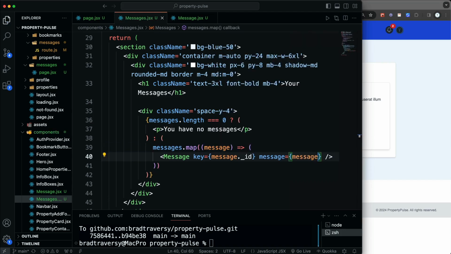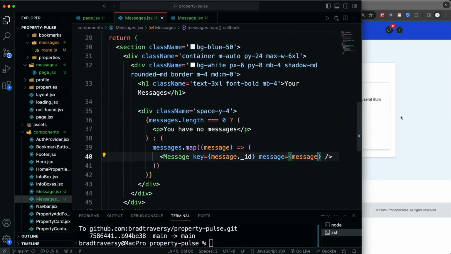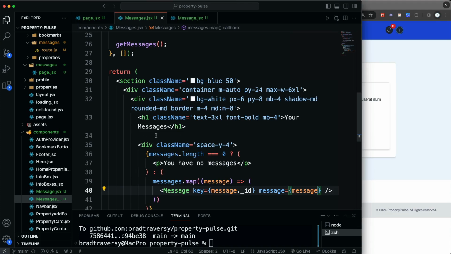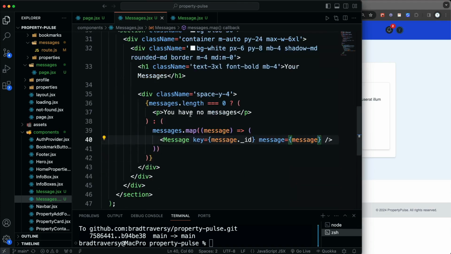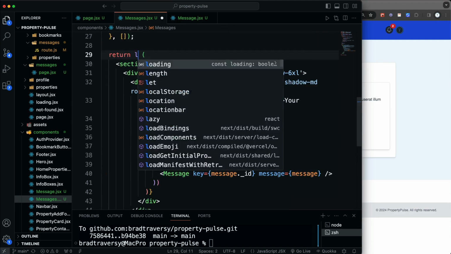So I'm going to save that, and if we go back, we're going to see the same thing because we do, well, okay, so it says you have no messages for a minute, and then it fetches the data. So the reason it's doing that is because we need to use our loader, our loading. So let's go, let's see, let's return, if not,